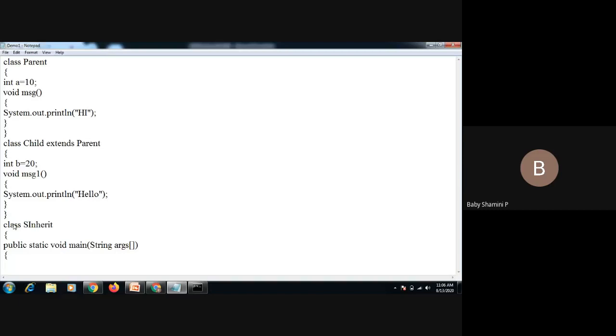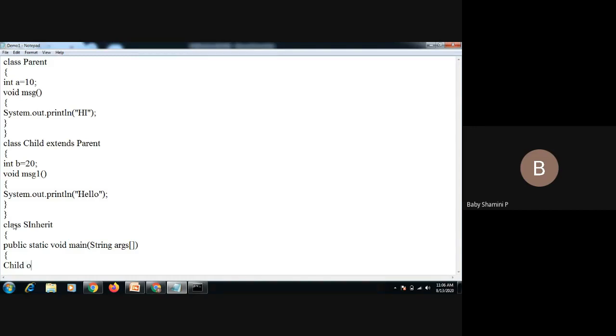Okay. So in our program, we have parent and we have child. This child inherits all the properties from parent, because here we are using the inheritance concept. So I'm directly creating an object for the child class. The class name is Child.